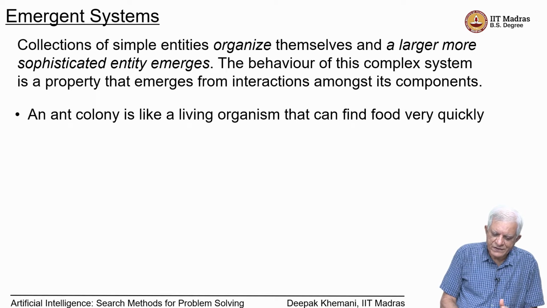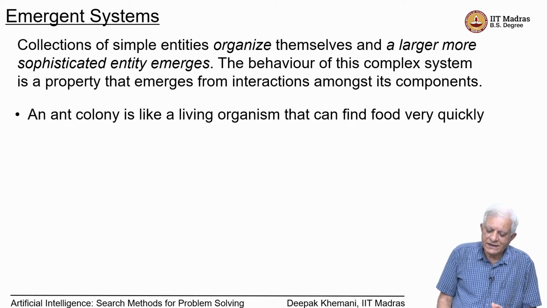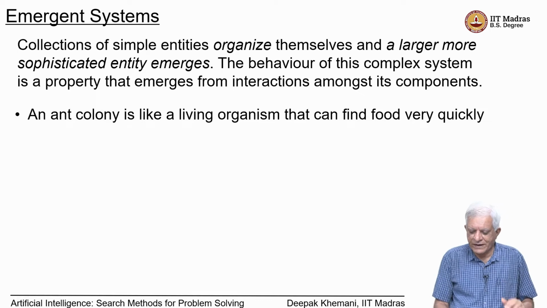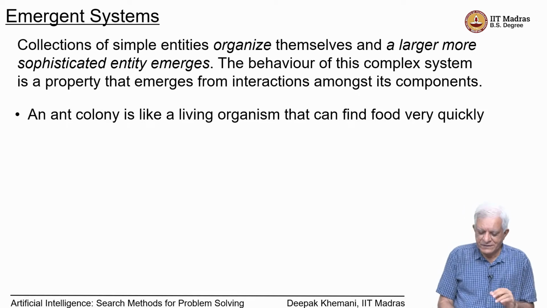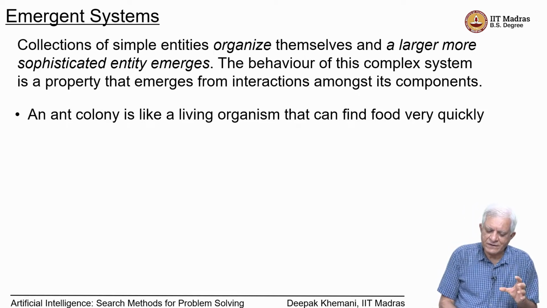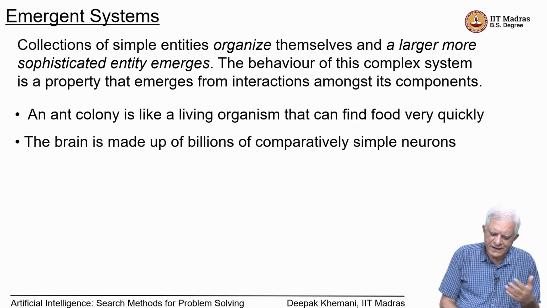So, an ant colony is like an organism that can, for example, find food very quickly, but it is an ant colony which behaves like an organism, even though every individual ant is a living creature inside that. The brain is made up of many billions of comparatively simple neurons, and it works as